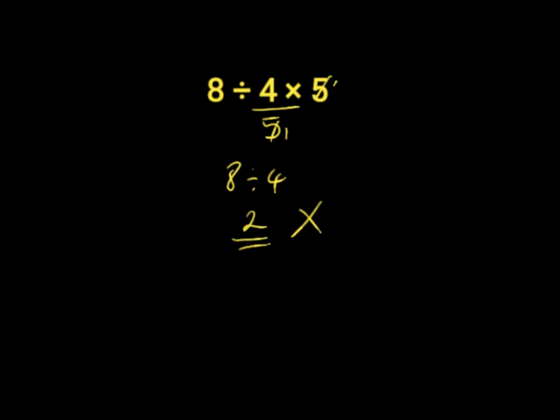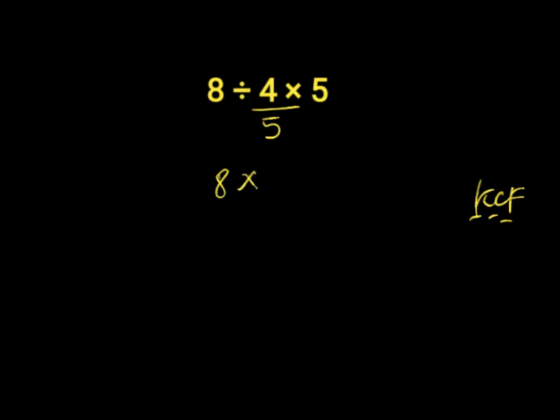According to the order of operations, division and multiplication have equal priorities, so we must work from our left to our right. Let us solve the right answer to this question. First of all, we have to work with 8 divided by 4 over 5 using KCF. K stands for keep, C stands for change, and F stands for flip. We are going to keep 8, change division to multiplication, then flip 4 over 5 to 5 over 4, then